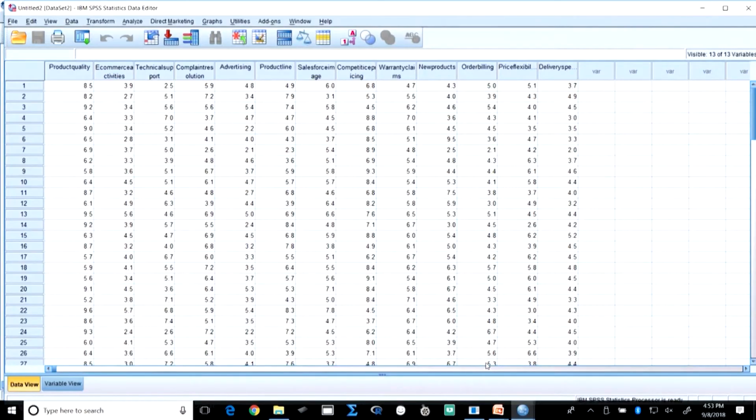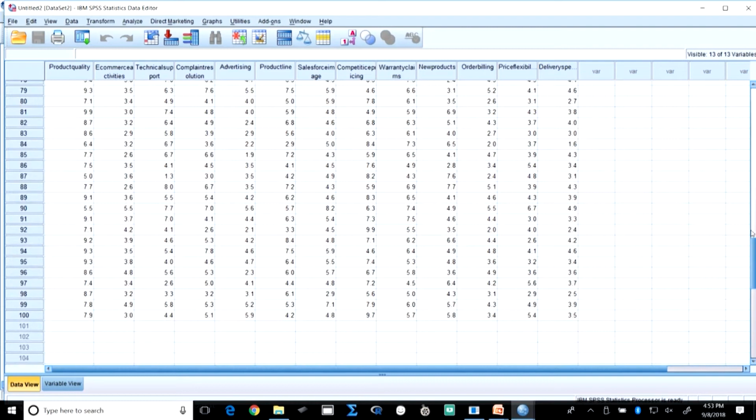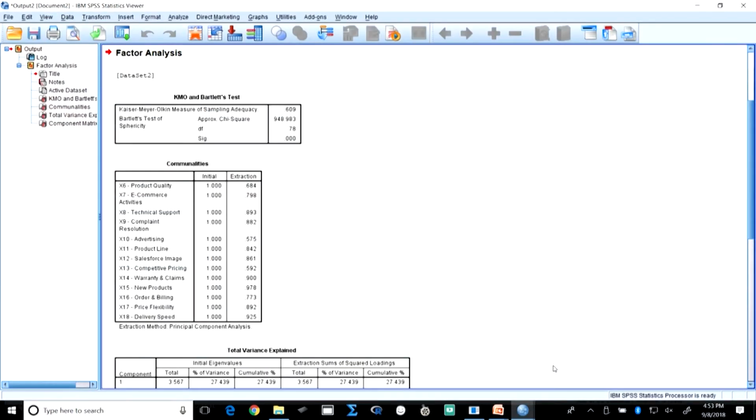Let me show you how many variables we have and how many respondents in this case. You see here we have only 100 respondents and we have 13 variables. So, what should ideally be our sample size? You have 13 variables, so each variable measured by 20 makes 260 respondents. Sample size should have been at least 260. If you take 1:10, which is the minimum, then it is 130. So, we are still falling short, but there are other factors which decide.